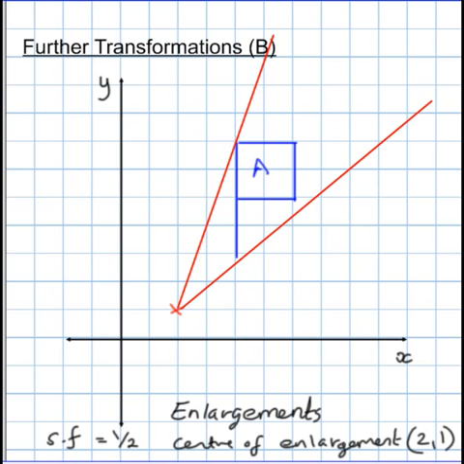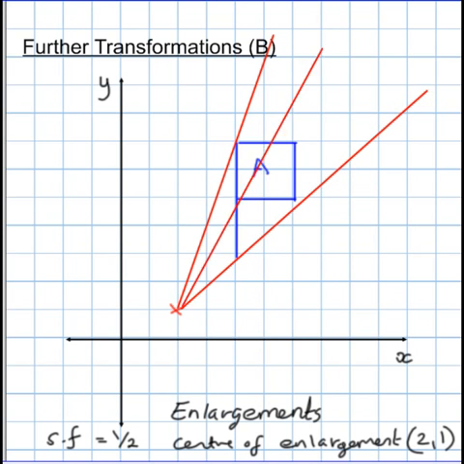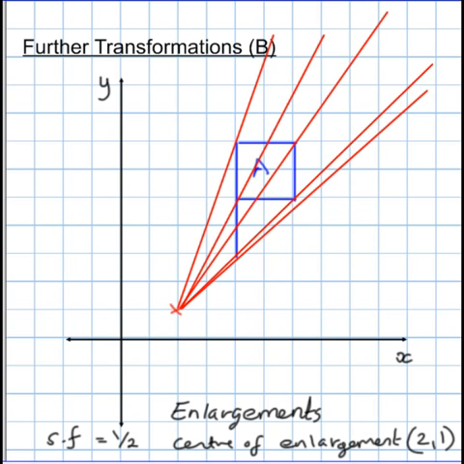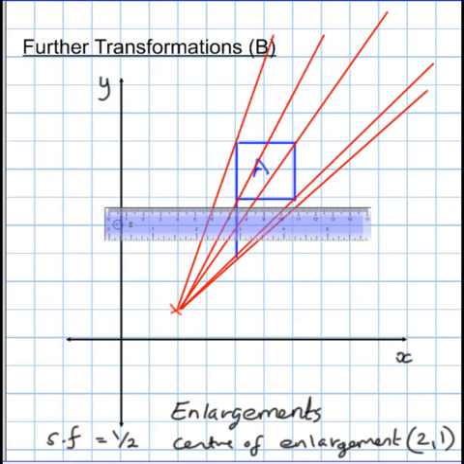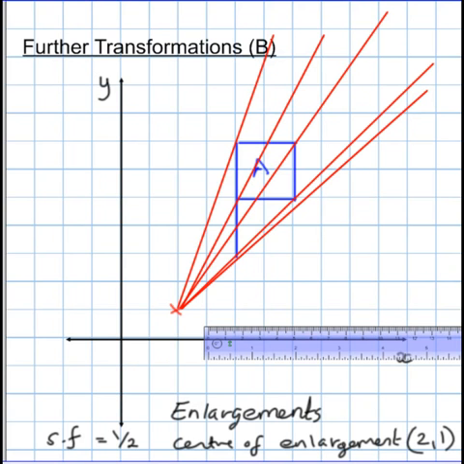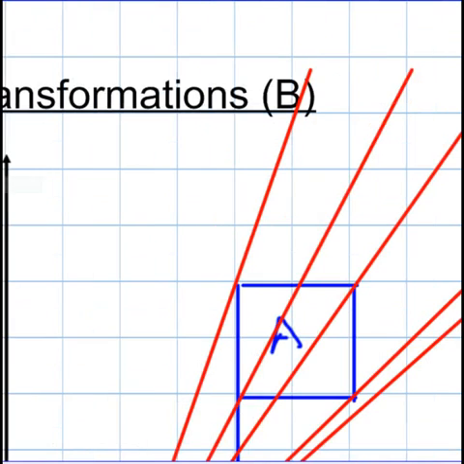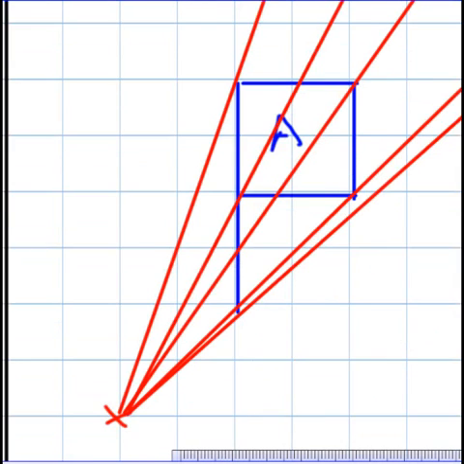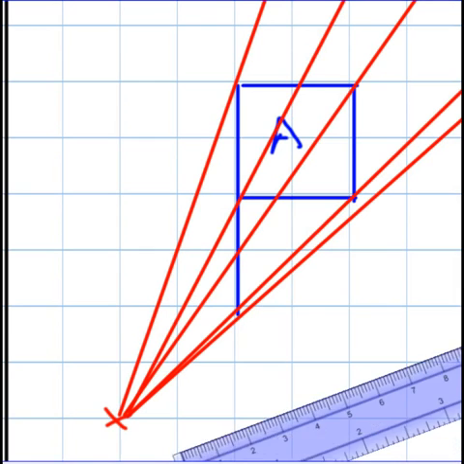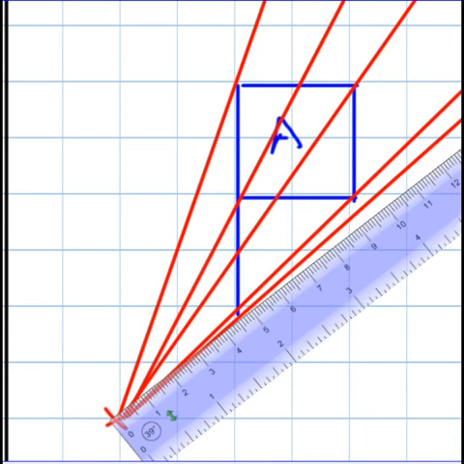You draw construction lines from the center of enlargement as accurately as possible through the key points of the shape. And I've got another line here. Right, then you get your ruler out. Let's find my virtual ruler, which is far harder to use than a real ruler, and you measure the points. Let's just zoom in. Not measure the points, you measure the distance. You don't measure points, do you? There's my little ruler, and I measure the distance